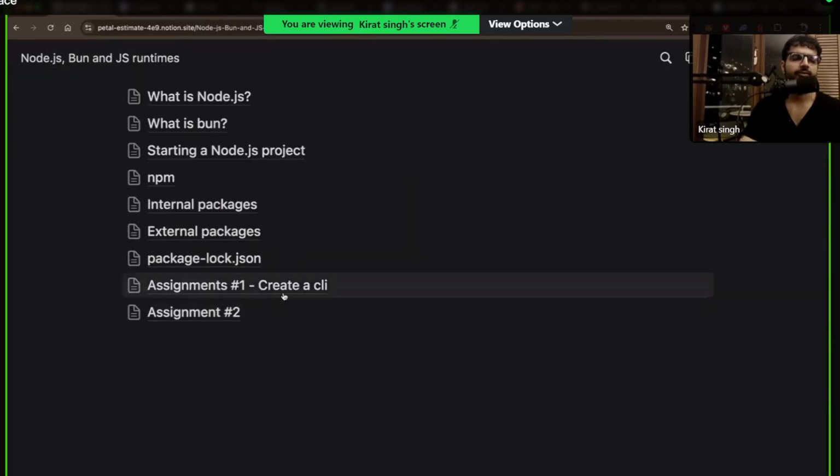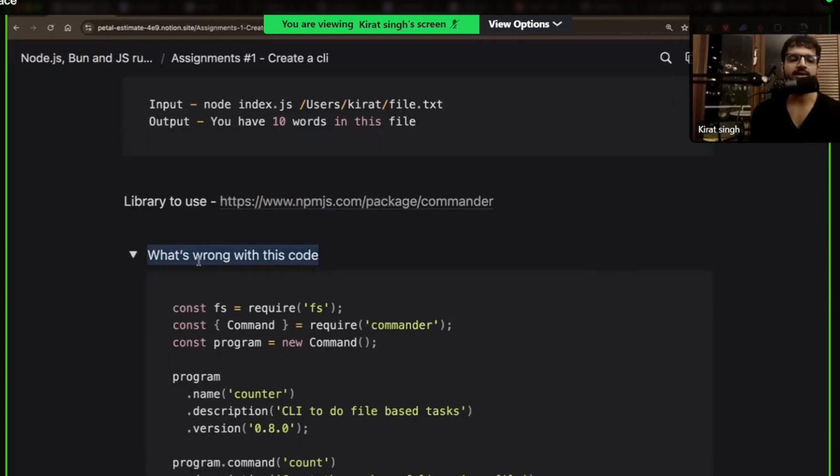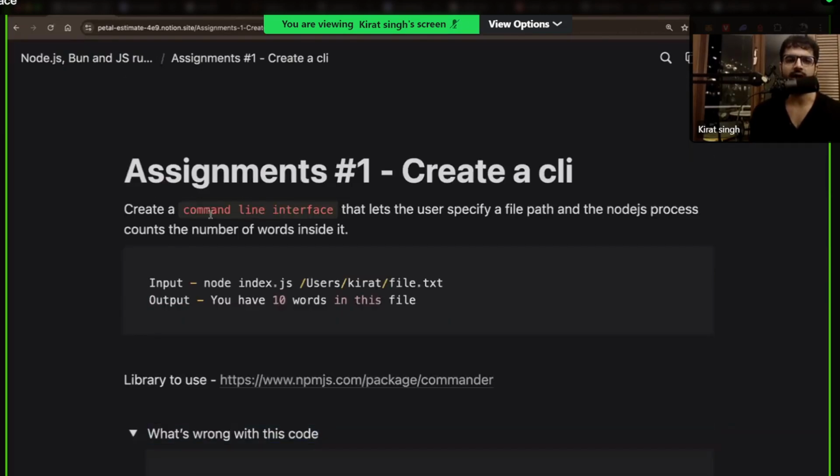Hopefully that's clear. With that, can we now start to write some code? I think I've spoken a little too much. It's time for you guys to write some code and help me debug what is wrong with this code over here. Before the class, I was thinking of a few assignments, what is a good external dependency to bring to your code base. One such external dependency that you'll find very commonly in various languages, or one use case, is creating a CLI of your own. I repeat, creating a command line interface of your own.